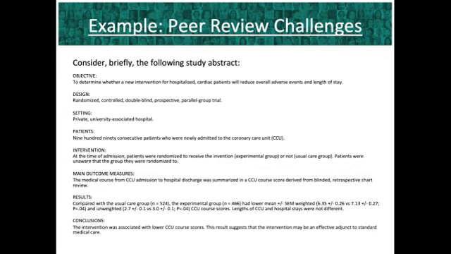Okay? And they actually did a pretty large study. This was 990 consecutive patients that were newly admitted to a coronary care unit. And the main outcome measures, as I mentioned, was time to discharge, and this was done by looking at their charts. And what they found was 524 people were in the usual care group, and 466 were randomized into the experimental group. And those that were in the experimental group had a lower mean,